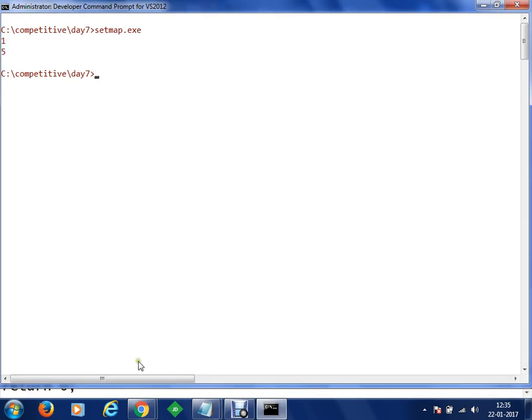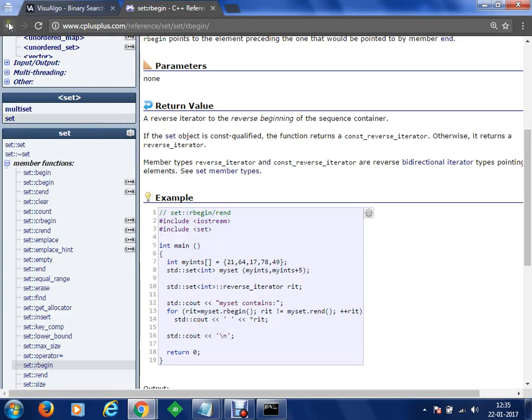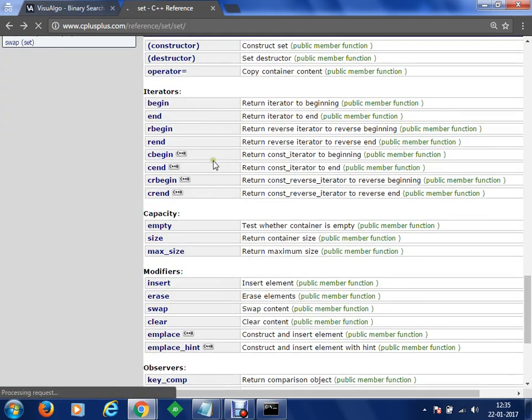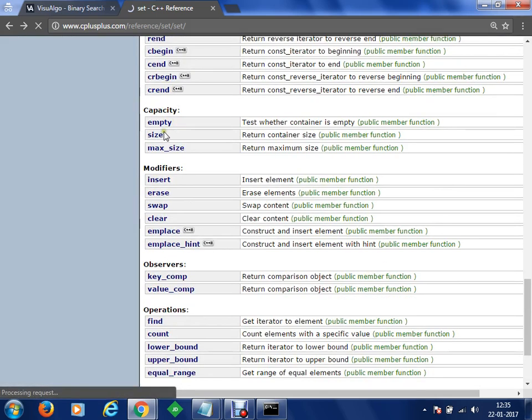So next, in the same way, ये तो हो गए आपके कुछ common operations. इसके बाद में है हमारे पास, you can get the capacity of the elements whether it is empty or not. So it's going to test whether empty or not. It's going to return the container size as well. You can check the maximum size of that element.